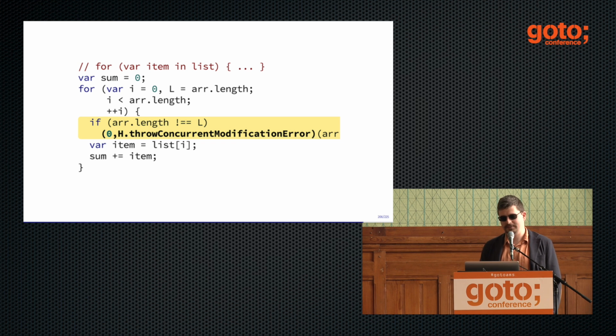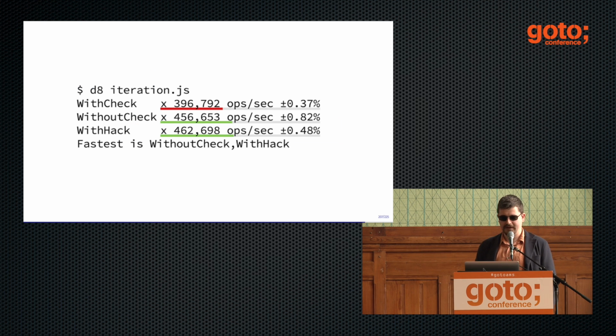If you know JavaScript semantics, the comma operator returns the last evaluated expression, which is this function to call, and then you call it. And this code is never executed, because this is just an exception that never gets to fly out of this code, because you never modified the array. And somehow it makes it faster. I measured it, and it really makes it faster.